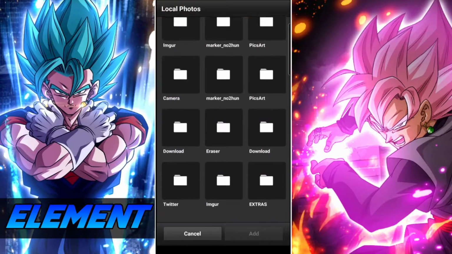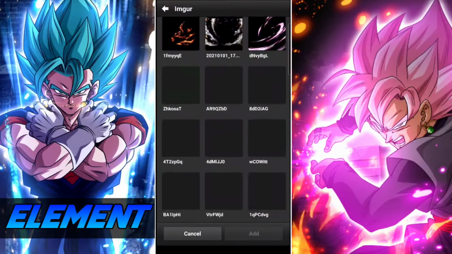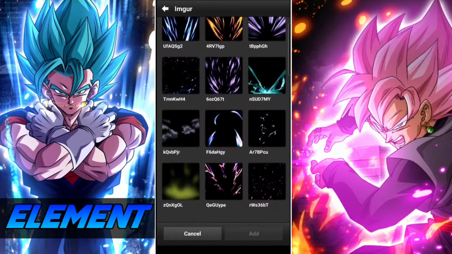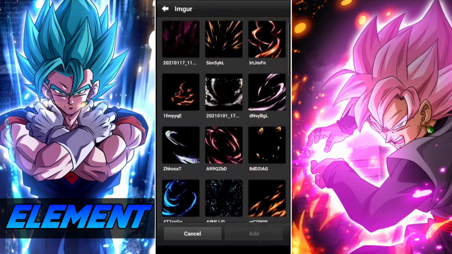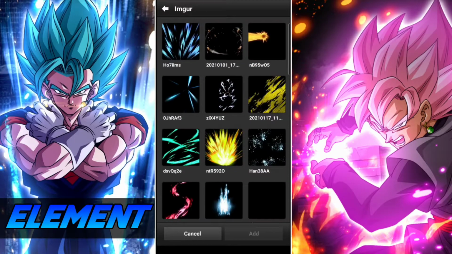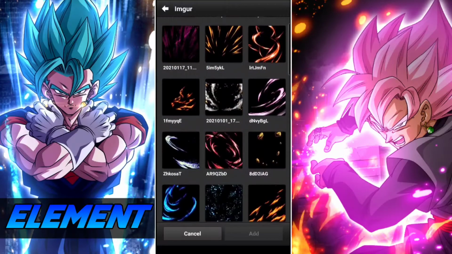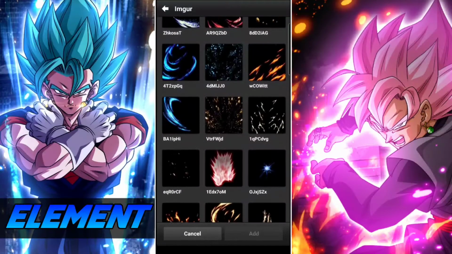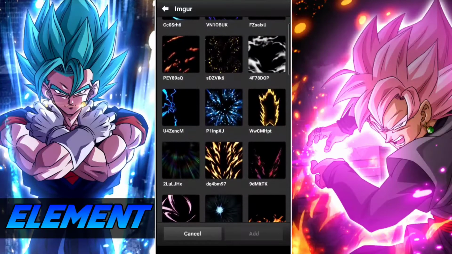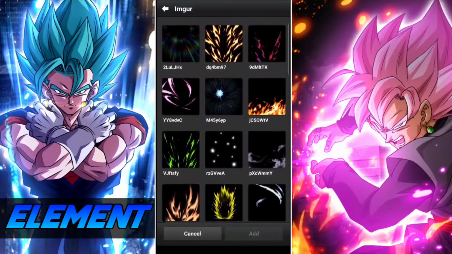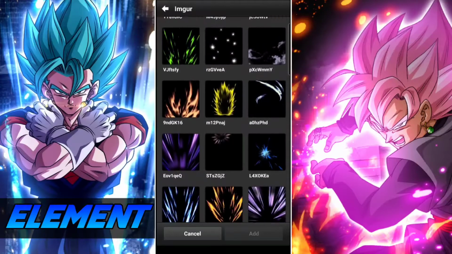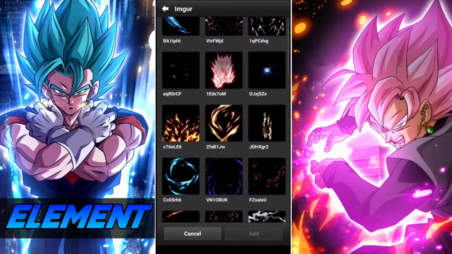I get my effects from Imgur. It's all from Legends. You go to DBZSpace.com and you can get a bunch of Legends effects from Legends cards, and they work really good with edits. So I would definitely recommend doing that. So how would I start this personally? From this point on, I'll just go with the flow and see what I feel like doing. I definitely like to start off with